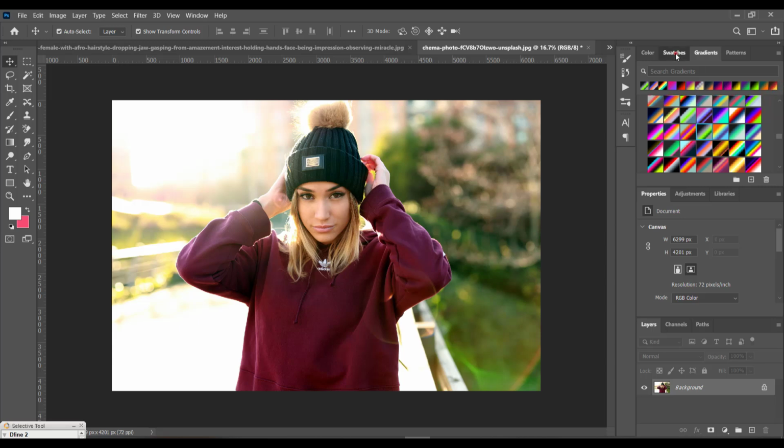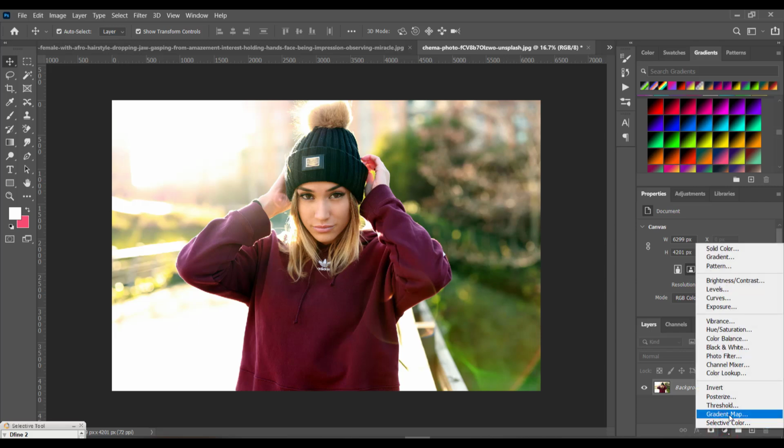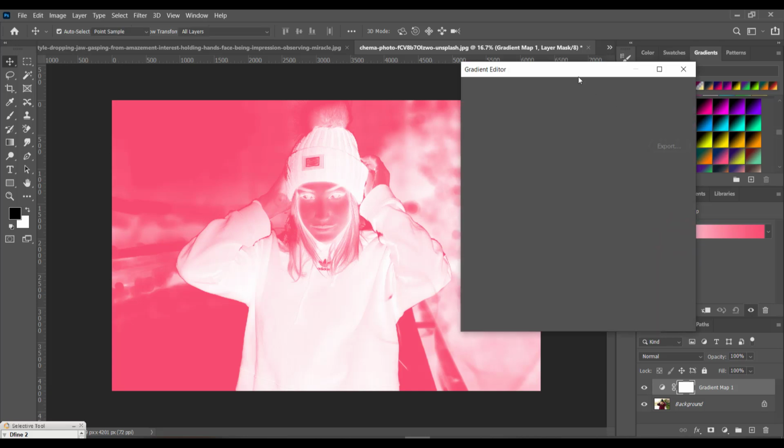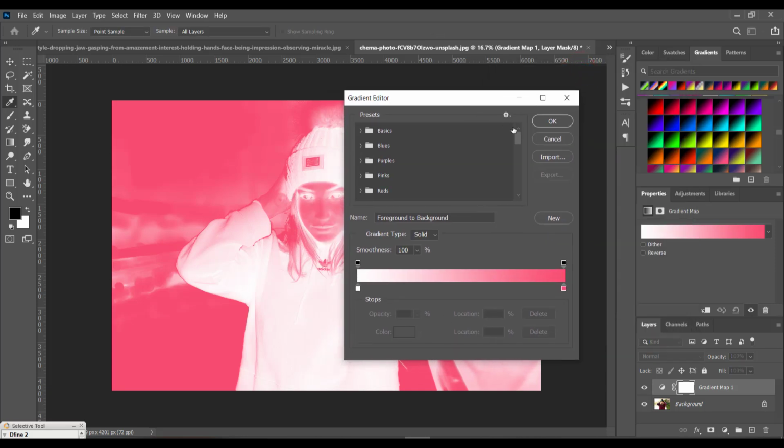Automatically it opens to the gradient palette. You can see it on the gradient palette there. Then you scroll, but before we use it, you can see different gradient palettes there. That's the Duotone. Then you click on the gradient map on the layer palette. When it opens this, you click on the gradient itself. A dialog box opens up where you can select the type of gradients that you want. You scroll and you click on the Duotone